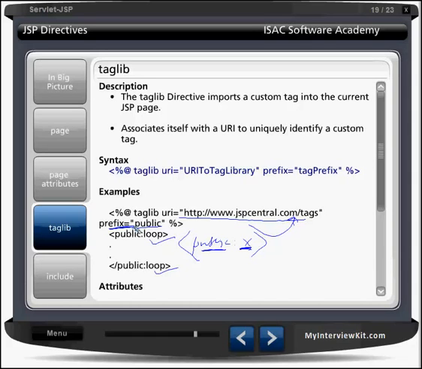If I have a body tag, we simply write body or HTML open and close, right? We don't need any prefix there. But if I have my own tag, let us say I have a tag hello, and I write hello tag, where is its definition?